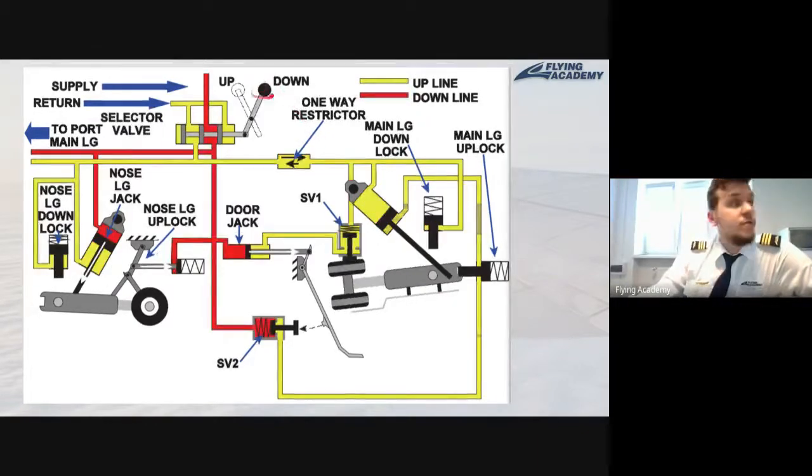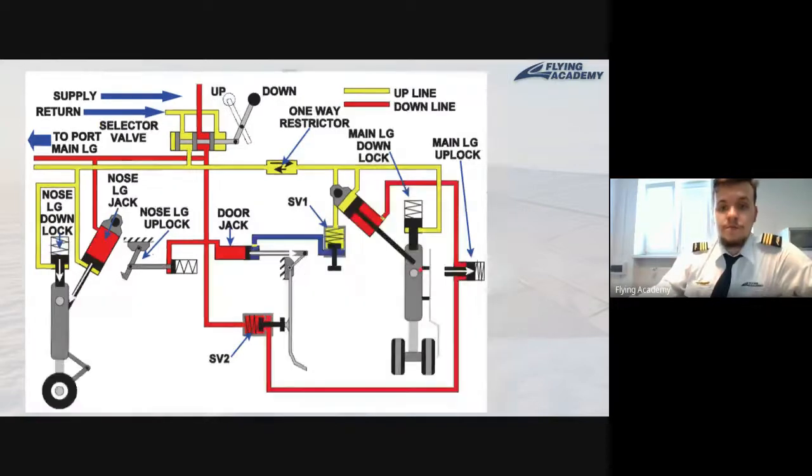Extension will happen in the opposite direction. So when we set our lever to the down position, the first thing which is supposed to happen is our doors are supposed to be unlocked, if they are in a locked position. Our door is supposed to be unlocked and go to an open position. Our main locker on the landing gear is supposed to unlock the gear. And the second thing which will happen after unlocking the gear from the up position, our actuator will push the landing gears into the down position. When landing gears reach the down position, they will be automatically locked by our lockers.